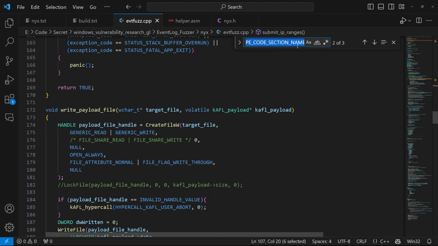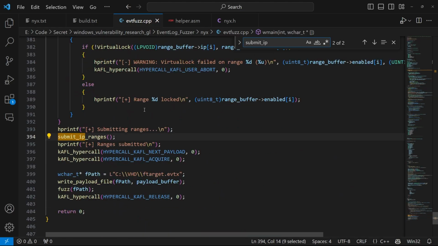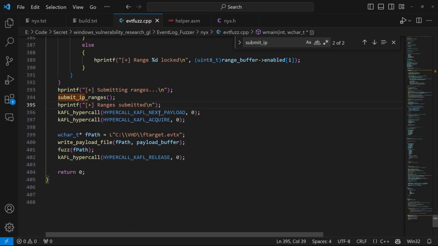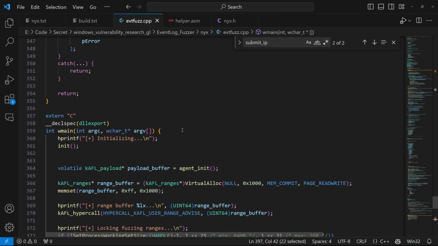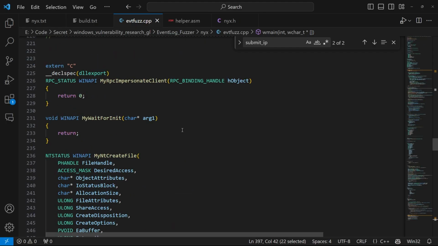For the submit IP ranges part, that means the ranges are submitted. Now at this time, we're ready to fuzz. So we tell it to prepare the payload. We call acquire, which takes a snapshot. That first kind of acquire release we did